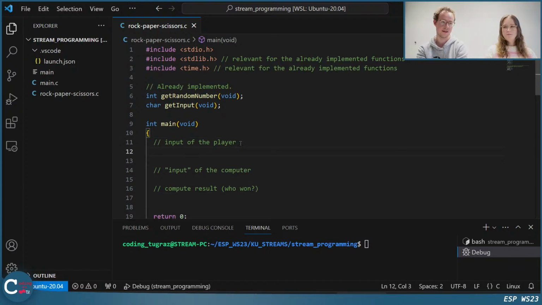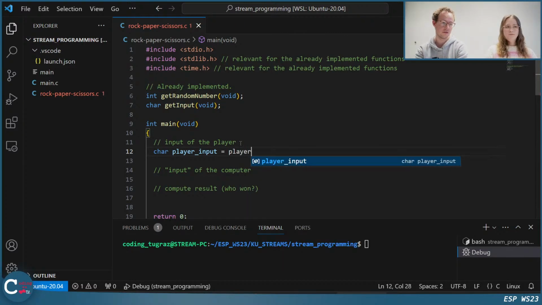So how to store an input of the player? It could be beneficial to say rock is an R, paper is a P, and scissors is an S, so we can store it as a character. We create a character player input, and now we want to call a function to obtain the player input. I will call this function just player input.